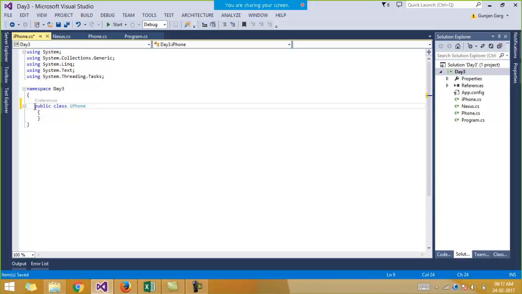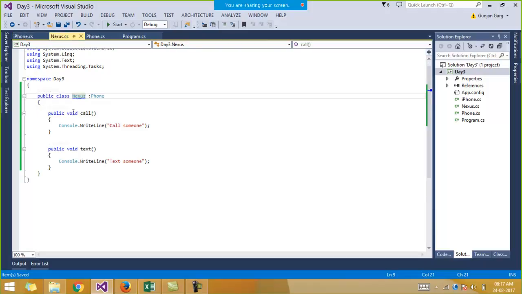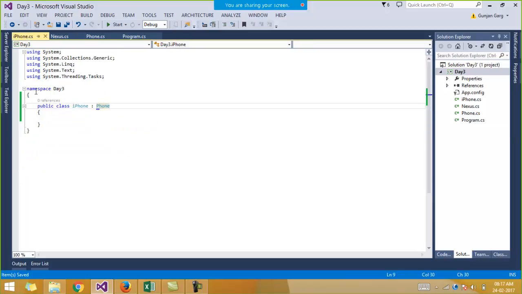So this will also have the two members, call and text. So simply we can implement the phone interface in this iPhone class as well, right? And then obviously you will have to implement the functions which are there in the phone interface, in the same way like we did in the Nexus class.